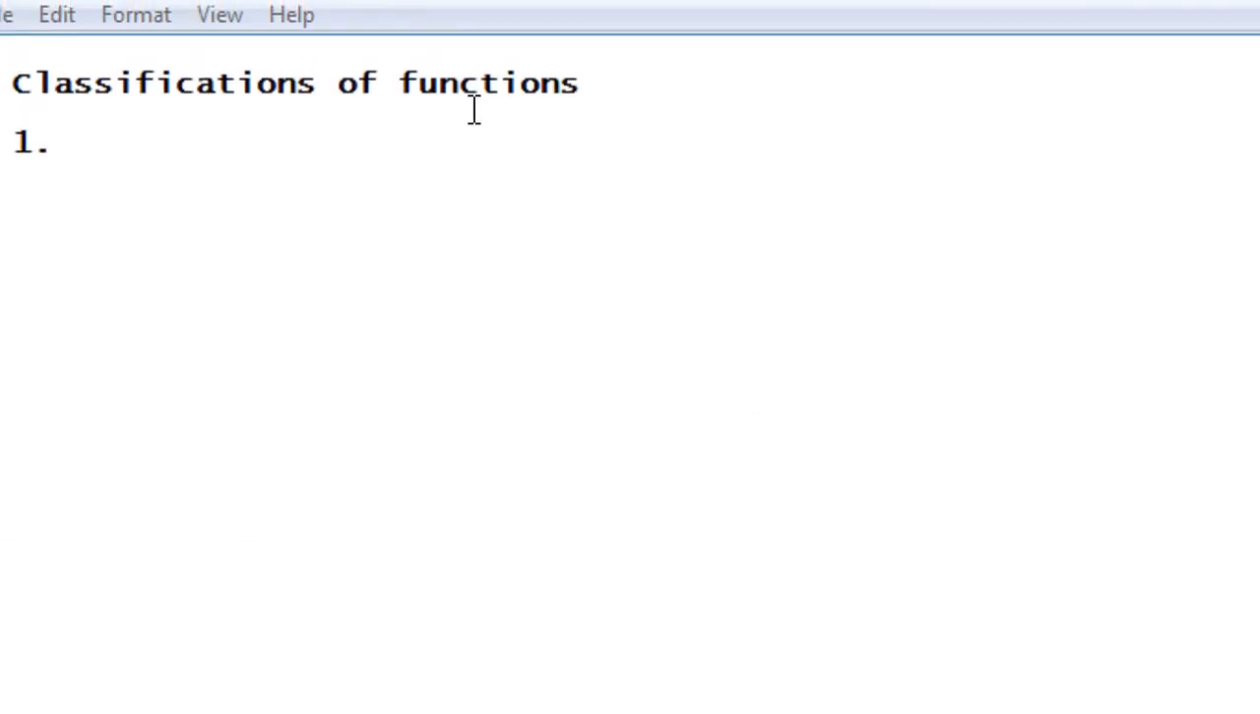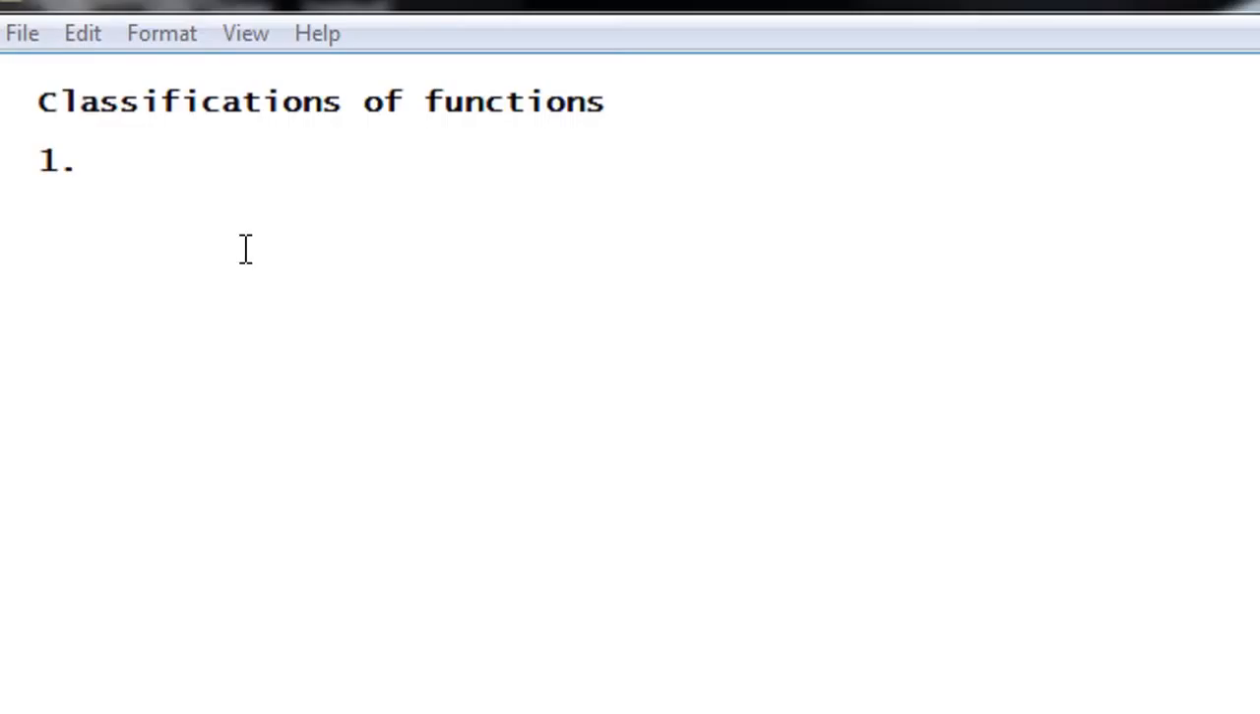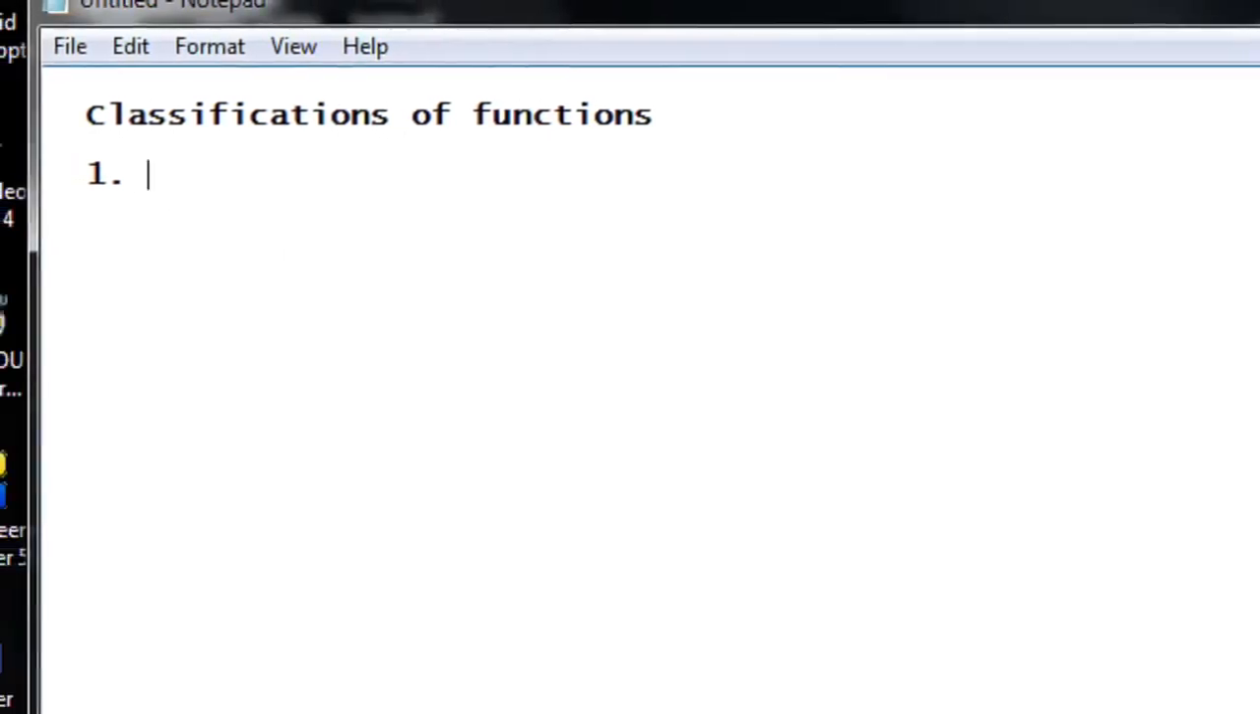Okay, in this episode, we are going to learn about the classifications of functions or methods in C programming. You can classify the method or function into four categories based on the return type and presence of arguments in a function. So the first one is